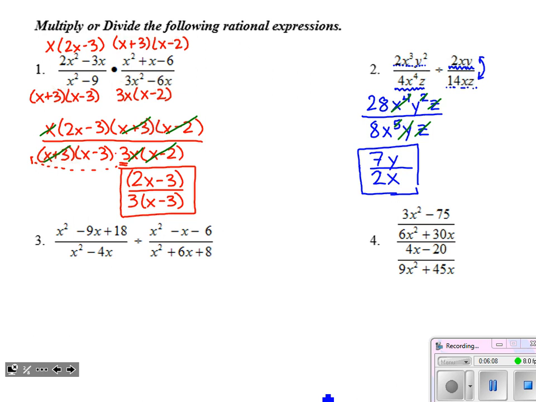For number 3, again, I'm going to flip, so I'm going to show that. I notice that it is a division problem, so I know I'm going to have to multiply by the reciprocal of the second. Again, let's set up some train cars here so we can hook them up and cancel, simplify. Nice little trinomial, x minus 3, x minus 6. Underneath, it looks like a difference of squares, but because of that x that's there, all I can do is take a GCF of x out.